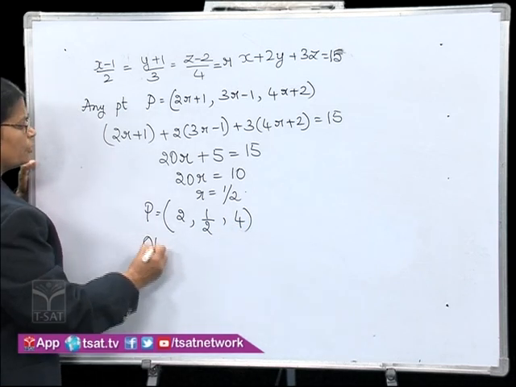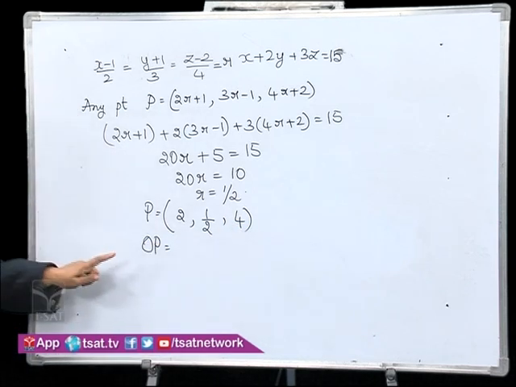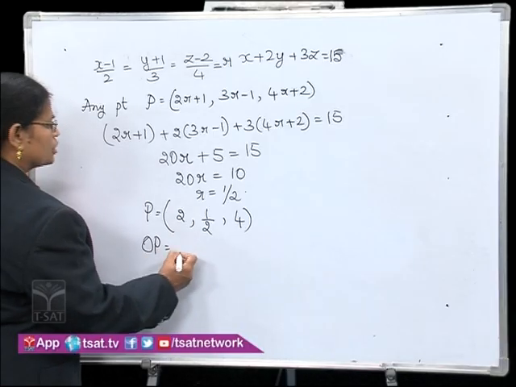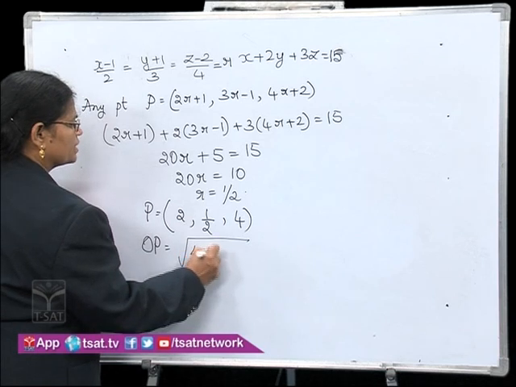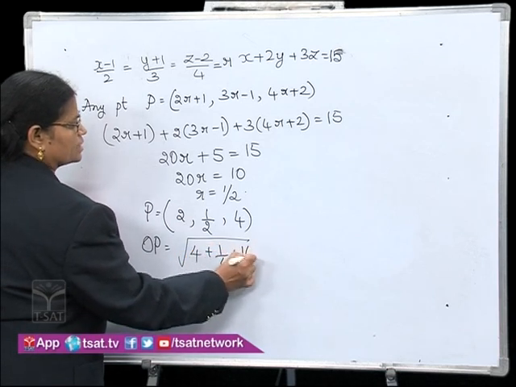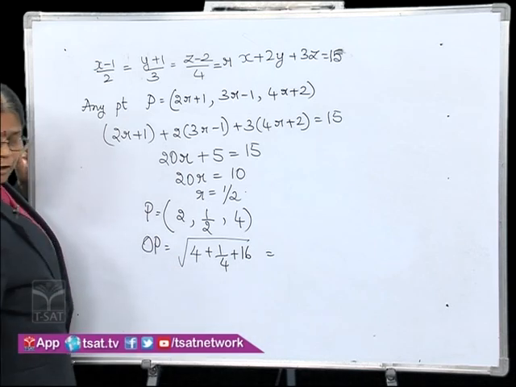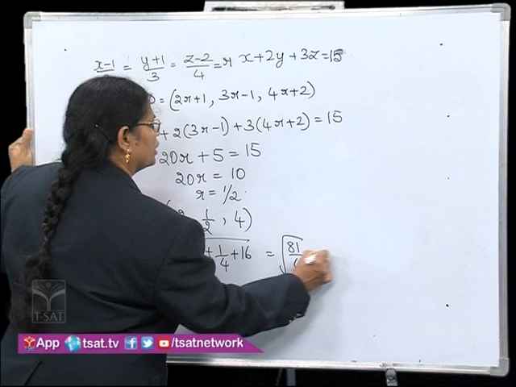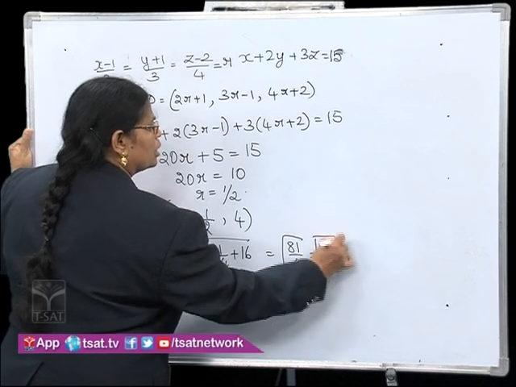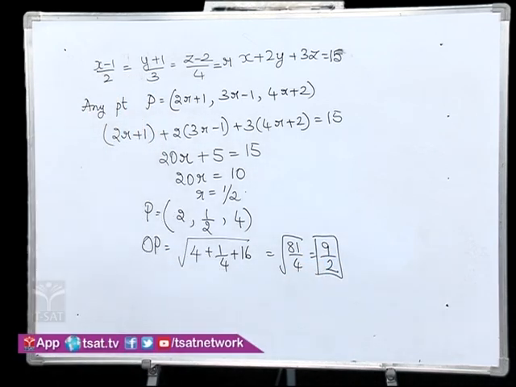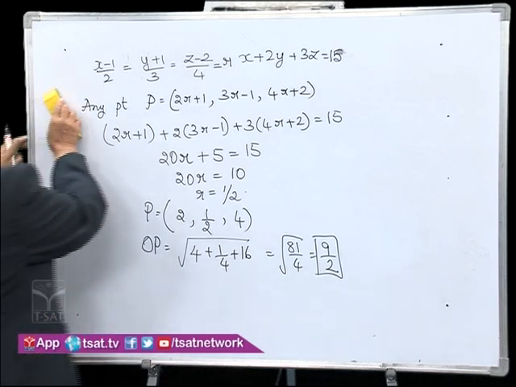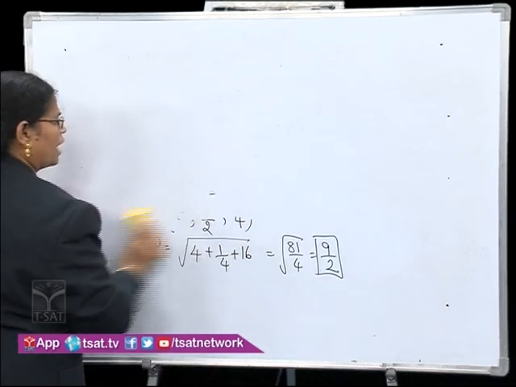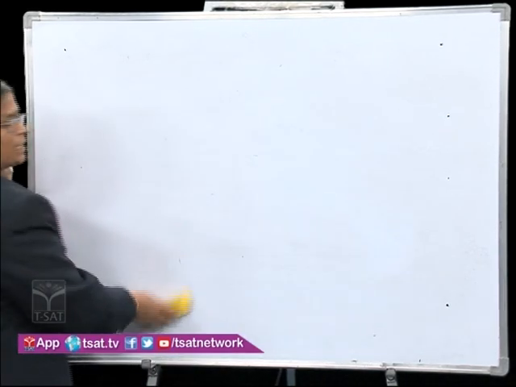Now, you can find out the distance. You are asked to find the distance of P from the origin. Origin is 0, 0, 0. So, distance will be the root of x square plus y square plus z square: 4 plus 16, 20, plus 1 by 4, which is 81 by 4, so the distance equals 9 by 2. Here you should get the idea that you write a point on the line, that point lies on the plane, so substitute in the plane, and after getting the point you find the distance of P from the origin.